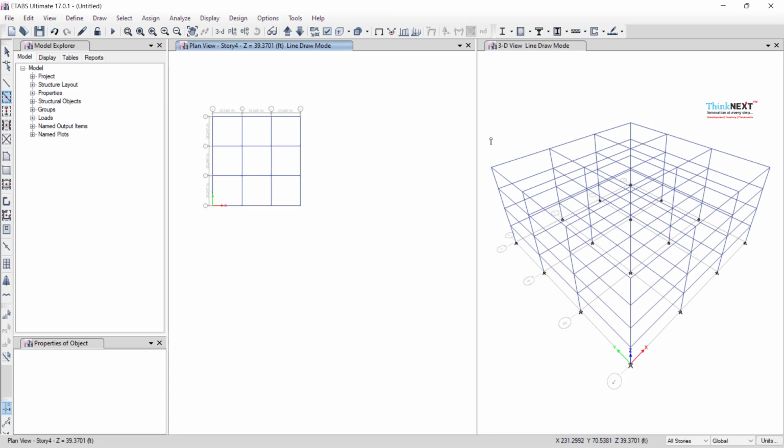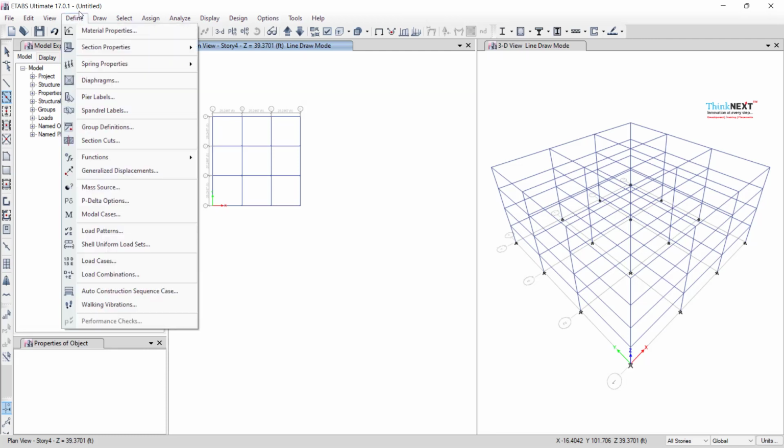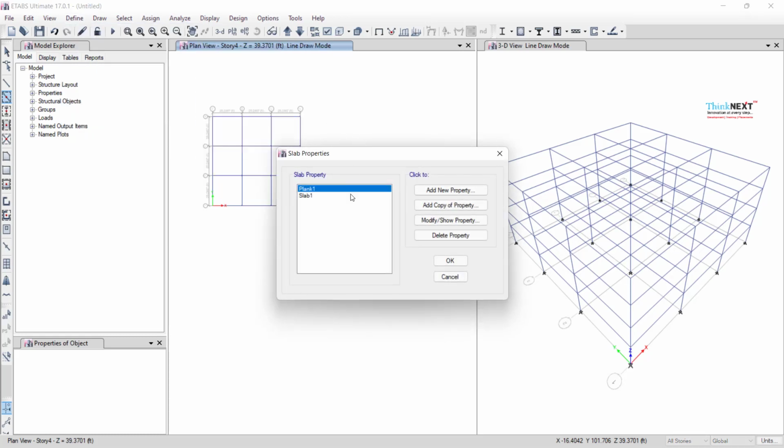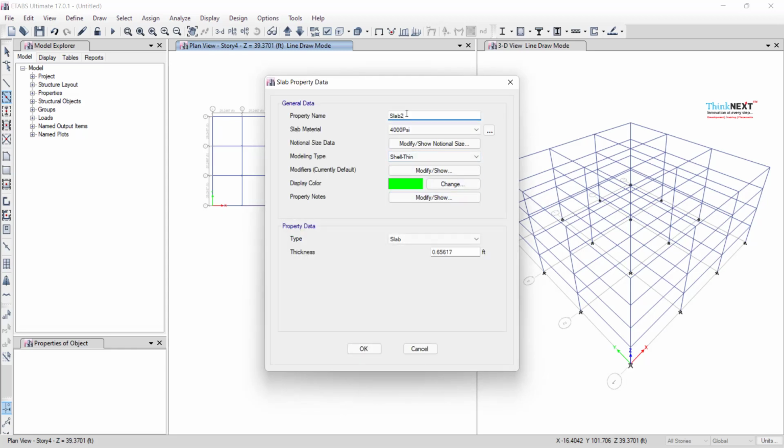So now the thing is how to create a slab. So guys, for creating a slab, we have to go for the define option, and in the define option we have several things. Firstly we have to go for the section property, and here we can see the slab sections. Guys, click here, and here you can see there were 2 slabs which we have created, that were precast slabs. So now we have to add a new slab here, and it should be named as slab 2